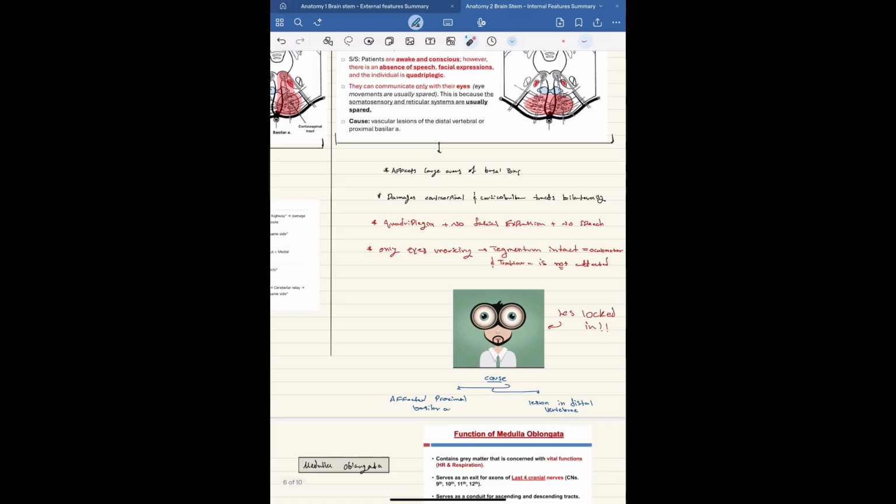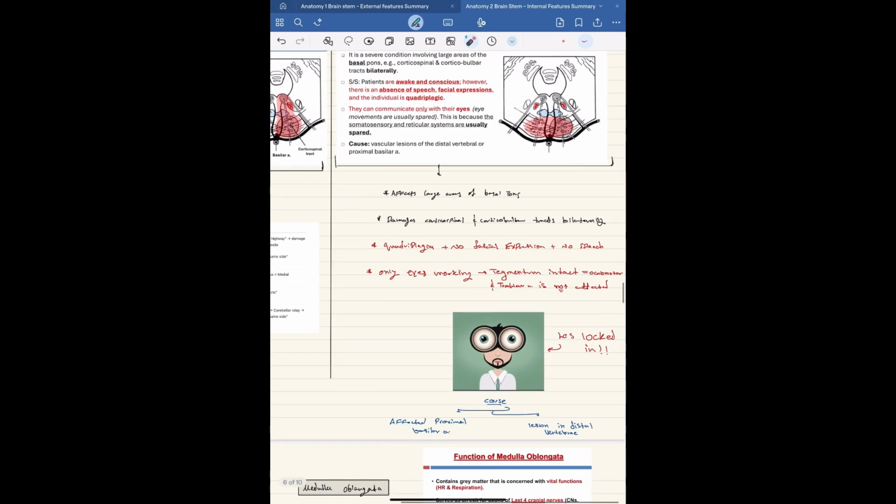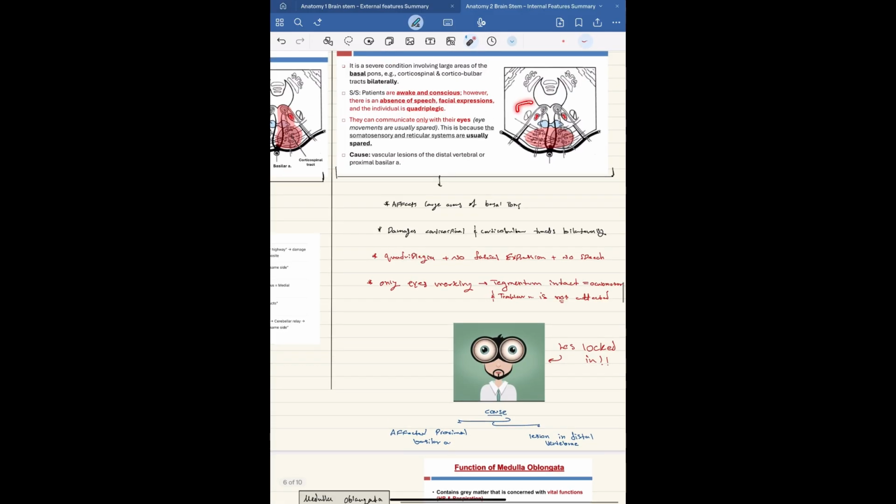You go down, you will see what the patient will present with. He will present with quadriplegia, no facial expression, and no speech. The eyes are the only ones that are working. And why is that? Simply because this section is spared, the tegmentum is spared, the basilar is affected. Okay, the explanation behind those presenting symptoms is basically